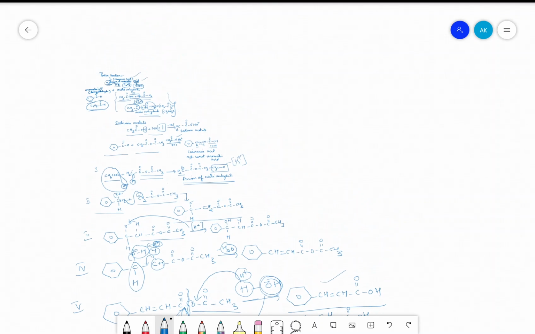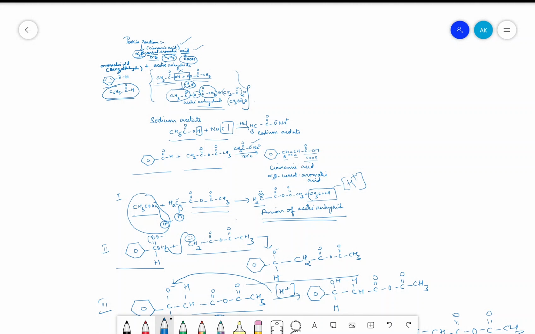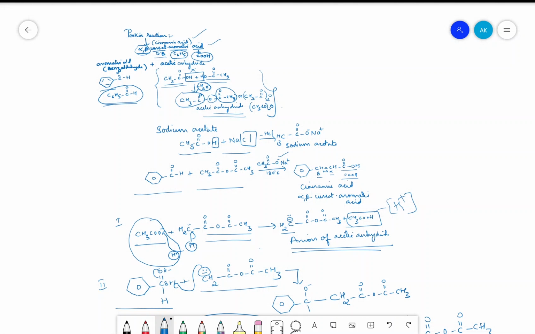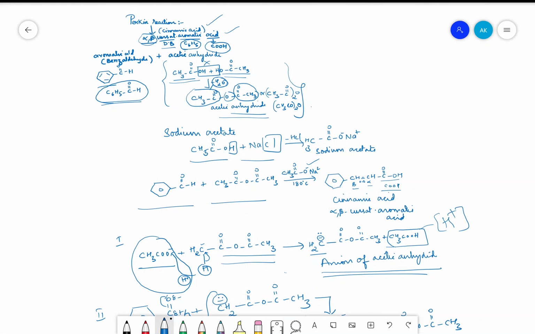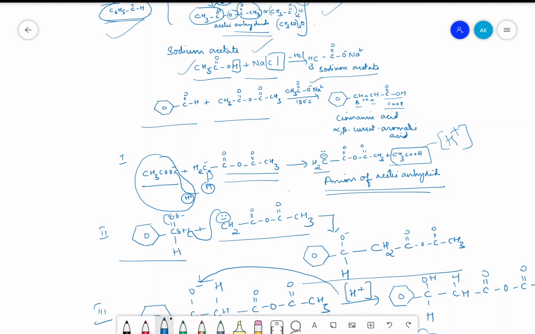It is a very simple reaction, very easy to remember if you understand what your reactants are in this particular reaction. The Perkin reaction is going to give you alpha beta unsaturated acid, where we use benzaldehyde in the presence of acetic anhydride. We are going to use sodium acetate, which we get with the help of an acid and a base, where we are using acid as acetic acid and base as NaCl. And this reaction will give us an unsaturation at the alpha beta positions, and the acidic group here is